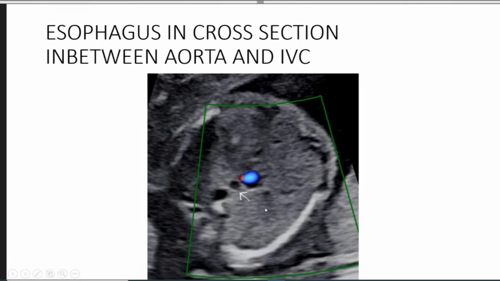Any other anechoic structure in between aorta and IVC is a water-filled esophagus, which will not fill with color and which will disappear in a short while. If you see any other vessel in between aorta and IVC,